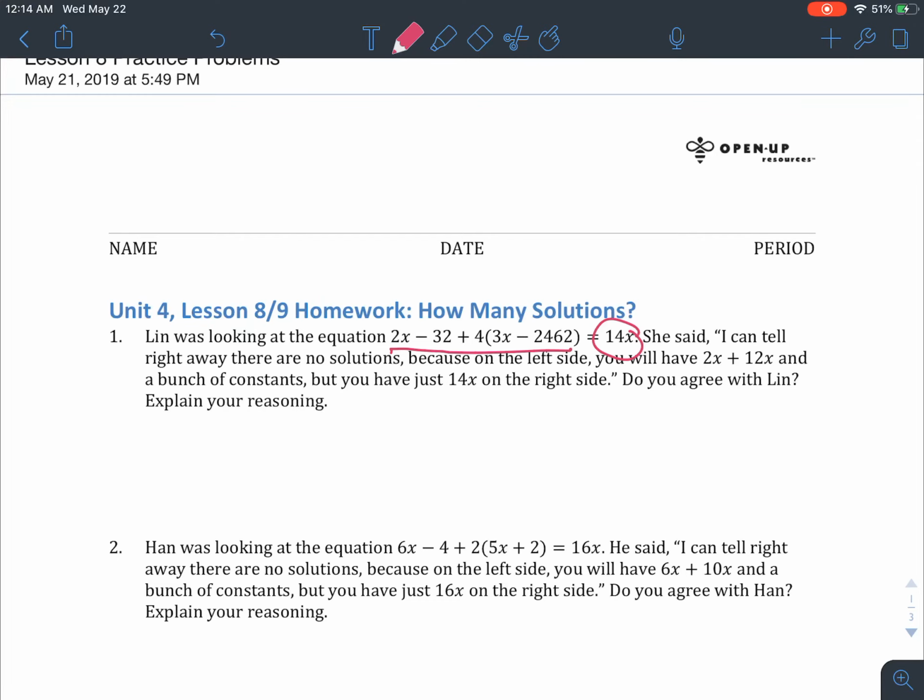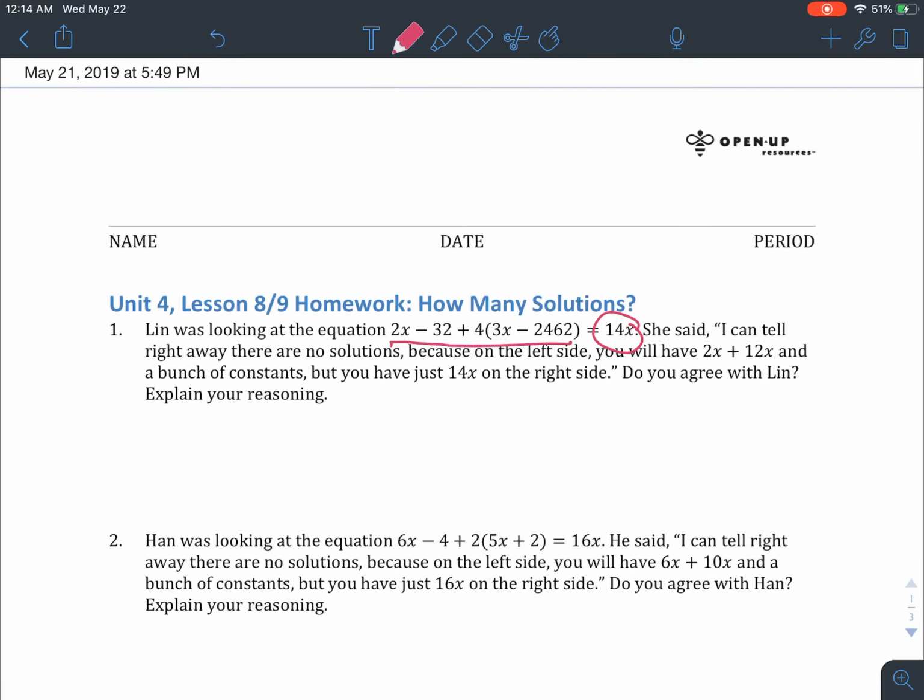So she is correct because if we simplify this, we can have 2x minus 32 plus 12x minus 2,462 equals 14x. Okay? So, if I simplify this, it would be 14x minus, I forgot to multiply this by 4. Okay, you gotta always remember that. Okay? So, we know that there's going to be a lot of different stuff, so that's 4 times